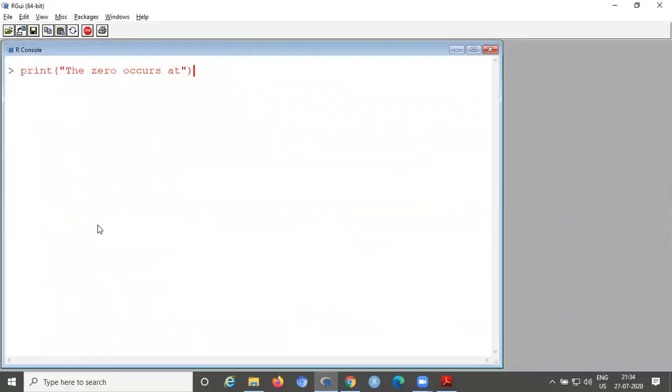This is the first print statement, semicolon. Then again print 2 into pi. This is the second print statement. Then the third one, print radians dot. This is the third print statement.